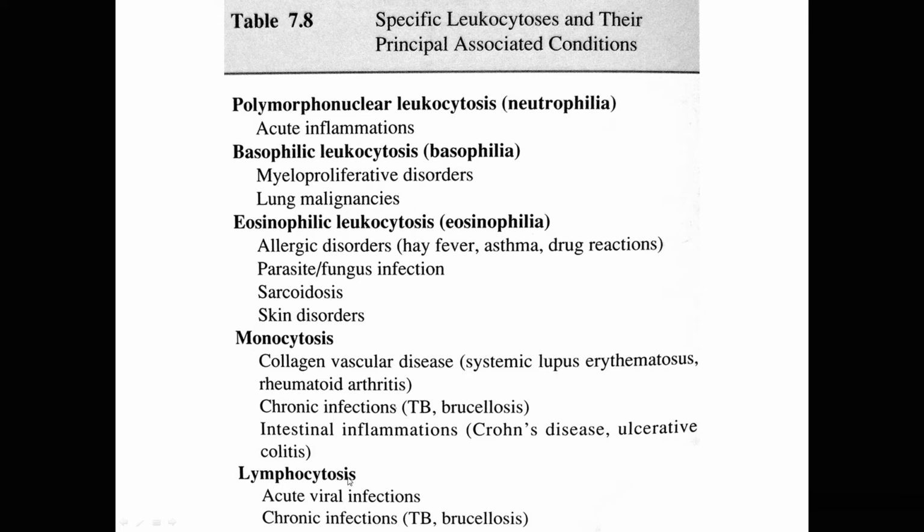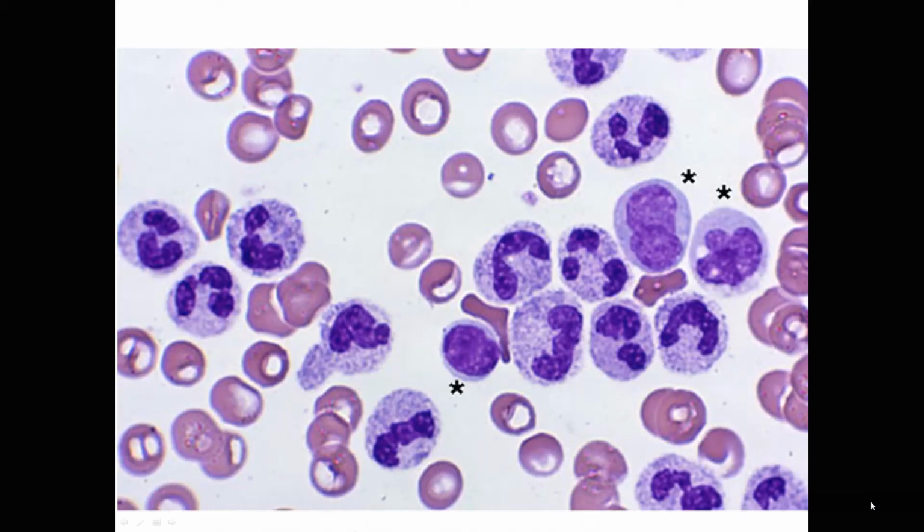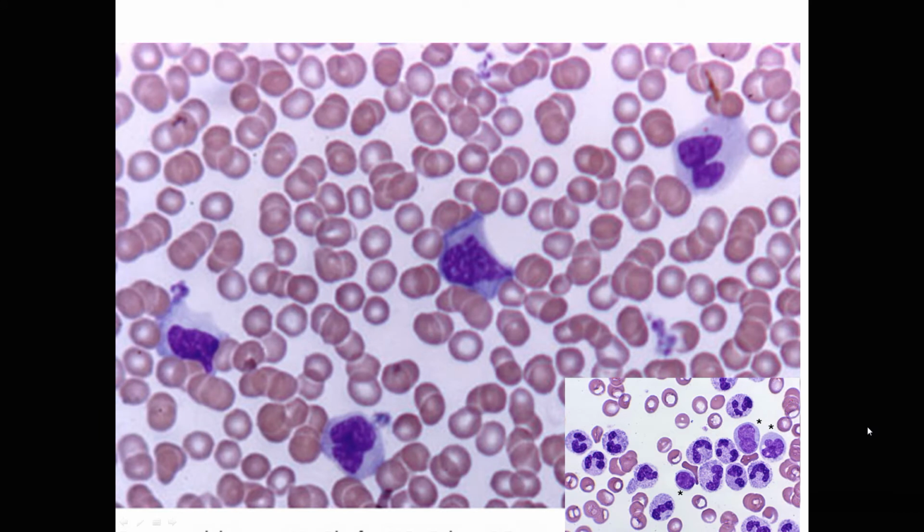Lymphocytosis is usually present in acute viral infections and also in some chronic infections such as tuberculosis and brucellosis. This slide illustrates the picture of leukocytosis, an excessive amount of leukocytes in the blood. The opposite condition, decreased counts, leukopenia, is illustrated on the screen. As you can see, it is quite different as compared especially with the